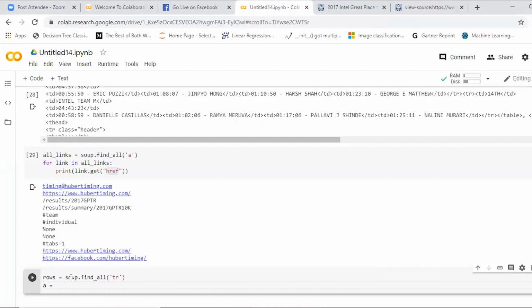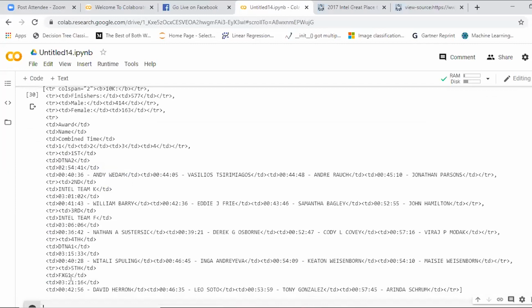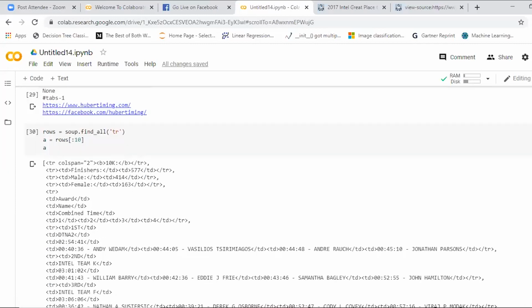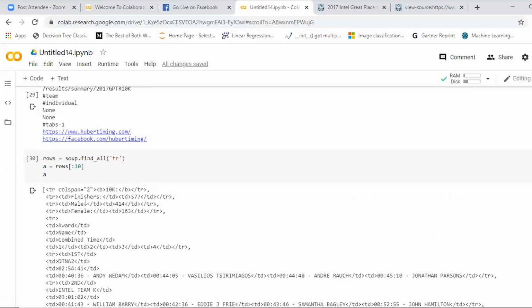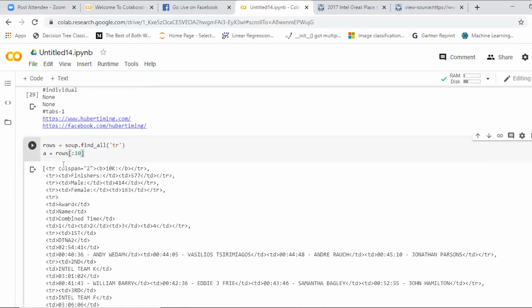If I want to read out the first 10 rows and print them, you get this format, the first 10 rows, which include finishers, male, award, name, combined. You can scroll down. Yes, I'll put it in the format of a loop.